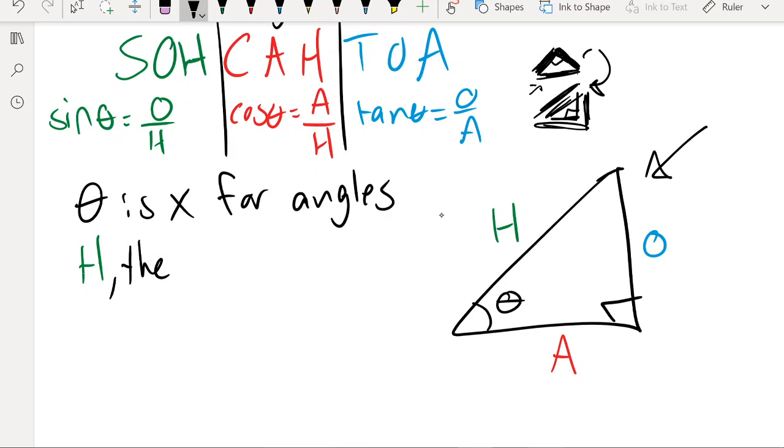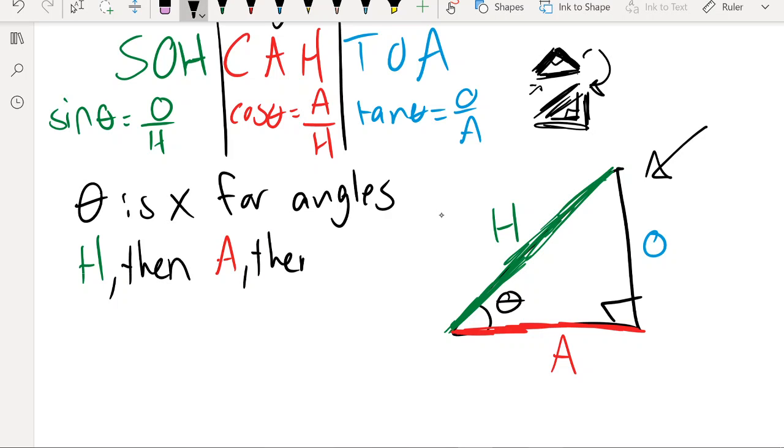And then you do A next. You do A next because theta has two sides that make up that theta, right? Every angle, this is another thing you learn in geometry, is made up of two rays with a common endpoint. It's the technical definition. But if you look here, you've got a side of this triangle right here. That's your H. The only other side that's next to the theta, which is what adjacent means, to be next to, is the A. So if you do hypotenuse first, hypotenuse being the longest side, then the only other side that's left, that's next to your angle, is your A, right? Oh, and I forgot to spell then. I spelled the. Goodness gracious. All right, so H, then A,